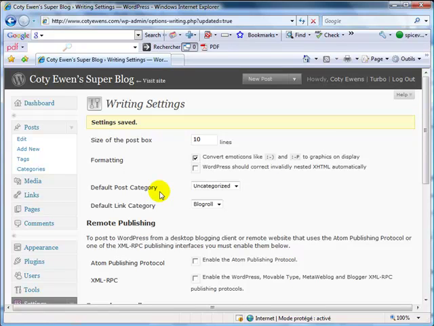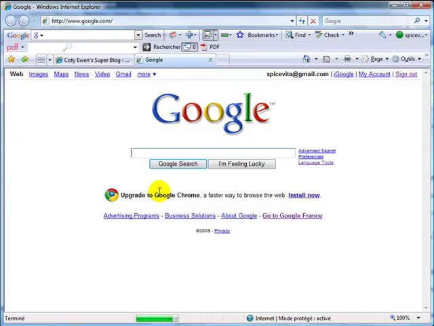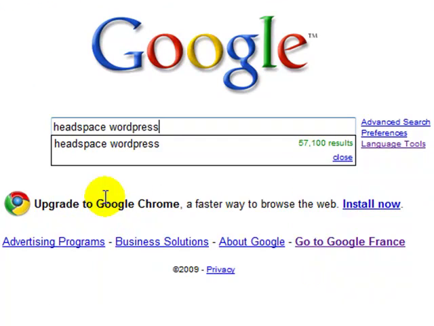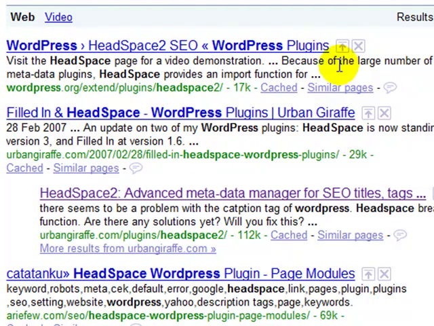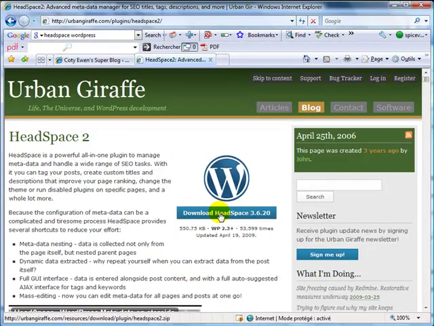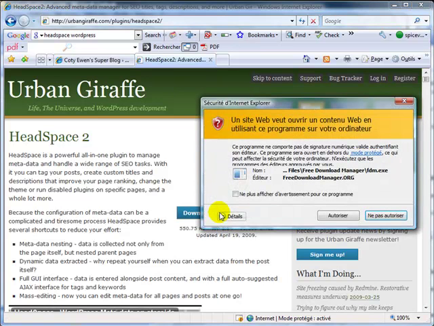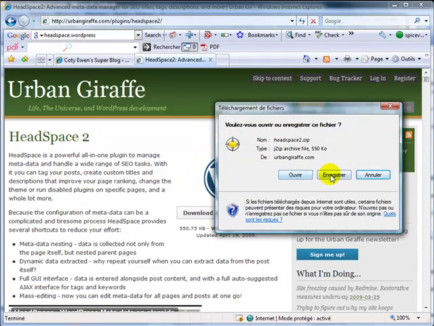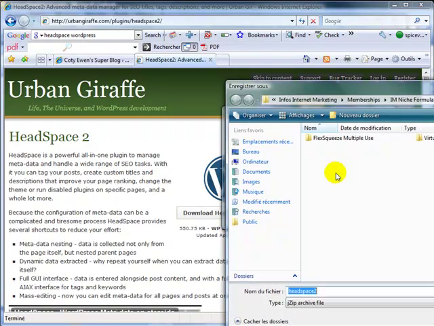Something else you have to do, you have to install a plugin called Headspace. So let's go to Google, let's look for Headspace WordPress, and it's this one, urbangiraffe.com/plugin/headspace2. Let's go here. And click on download to download the plugin. Okay, I don't want to use the download manager. Let's save this